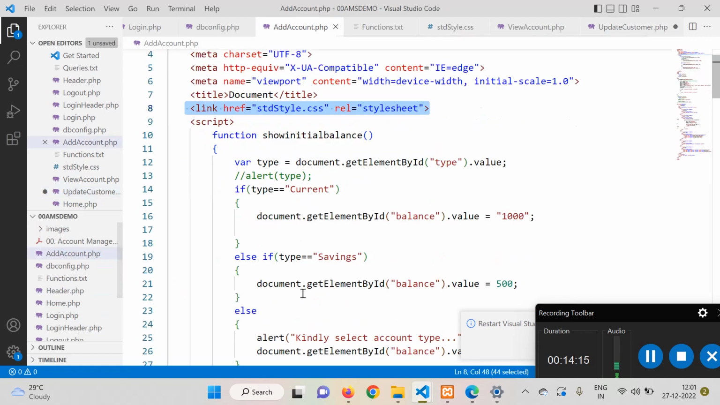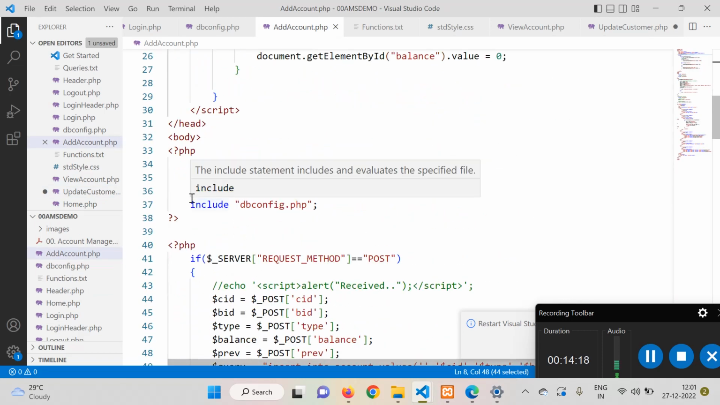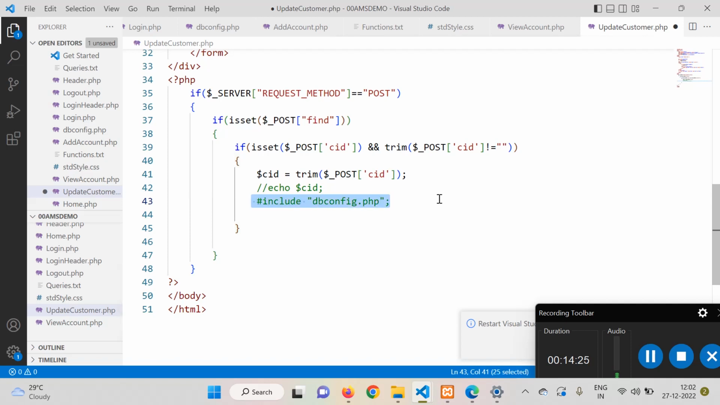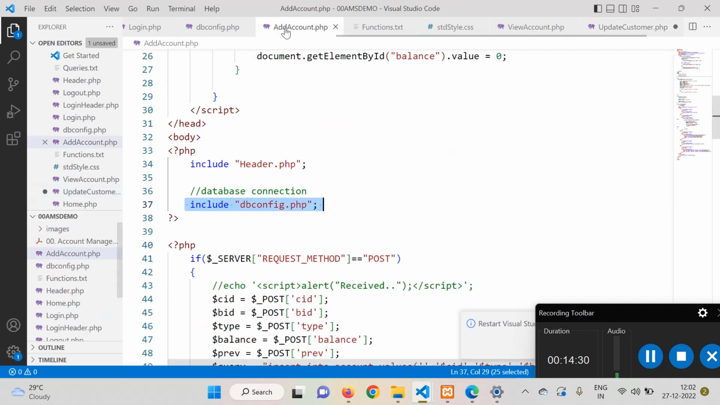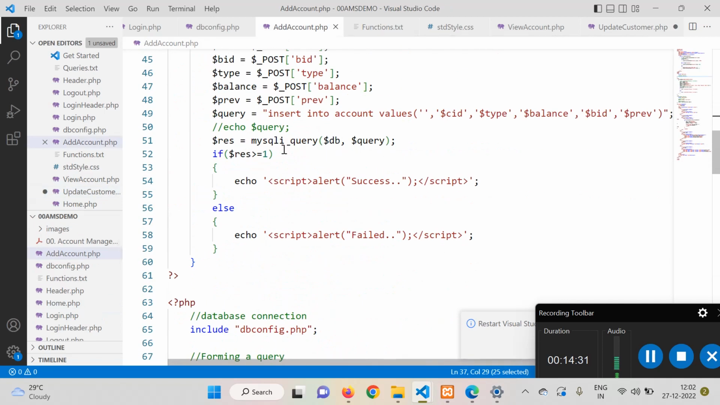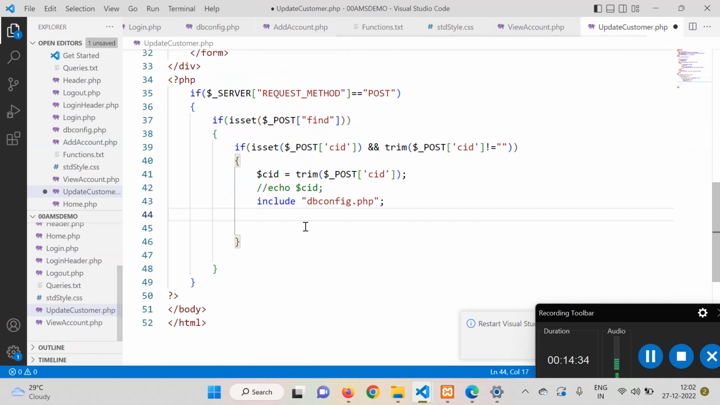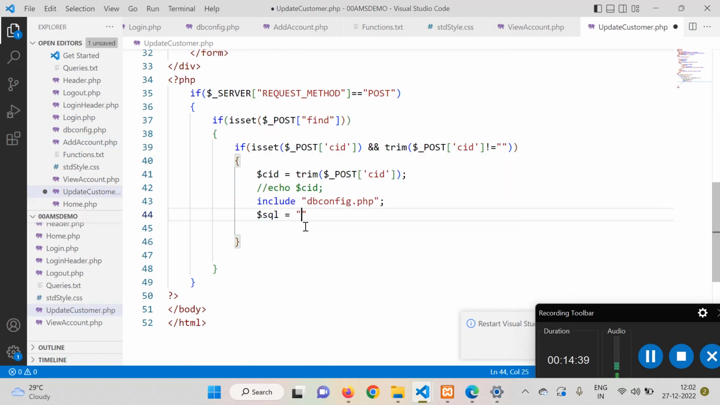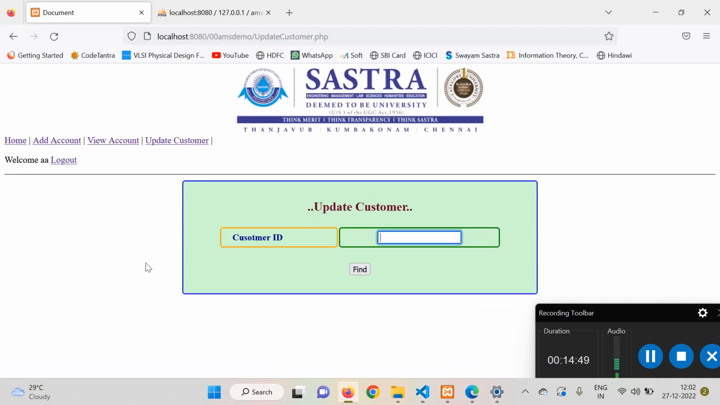Add a phone and that is the hash include database connection. Copy and paste it. Okay. And then this method, this is insert query. I need to write what the query is. Dollar SQL is equal to select star from customer where customer ID, that we need to refer the column name from